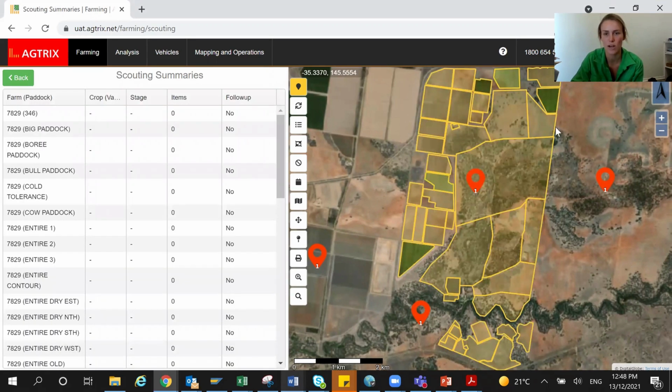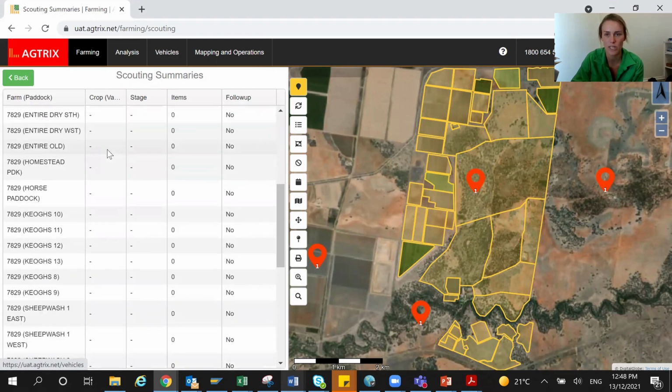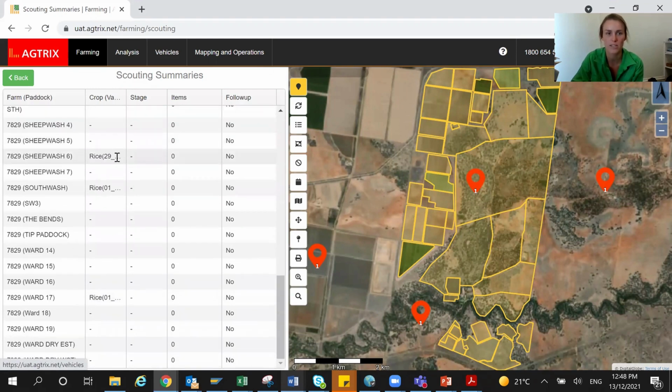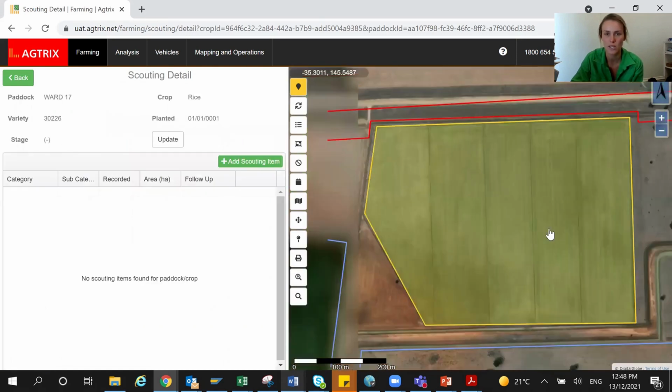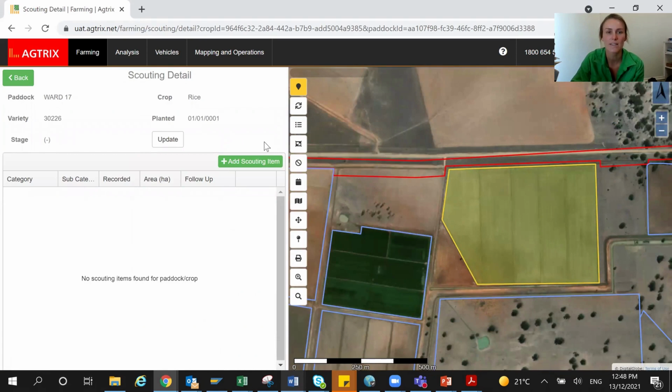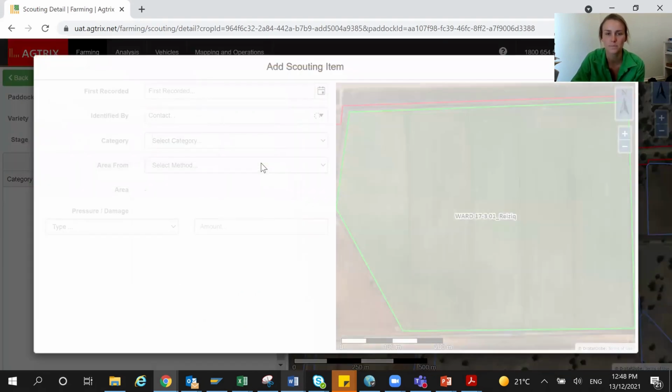And you'll see now that the whole farm with all the paddocks have come up. Paddocks that have actually been put into rice that have been confirmed plantings will actually come up with a crop here that says rice. So what we're going to do is I'm going to choose paddock ward 17, which will bring it in focus a little bit closer. I'm just going to zoom out slightly, and then you'll be able to see that button add scouting item. So if I click that button,